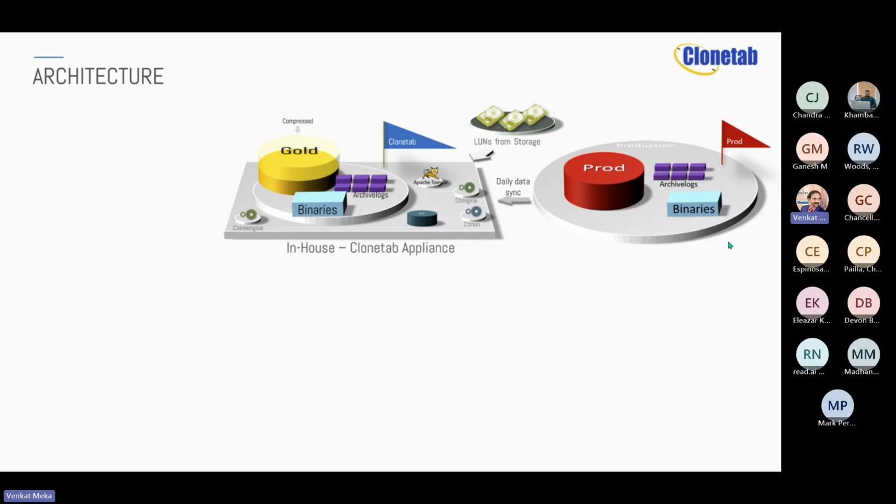So once you have this appliance up and running, it has its own operating system, which is Oracle Enterprise Linux. It has various Java and AI-based engines. They do the cloning, they do the virtualization, they do the monitoring, and so on and so forth. And it also has an Apache Tomcat web server that helps you to use this application through the browser. And then it also has an Oracle XE database, which is a freely distributable database from Oracle. So this acts as a centralized repository.